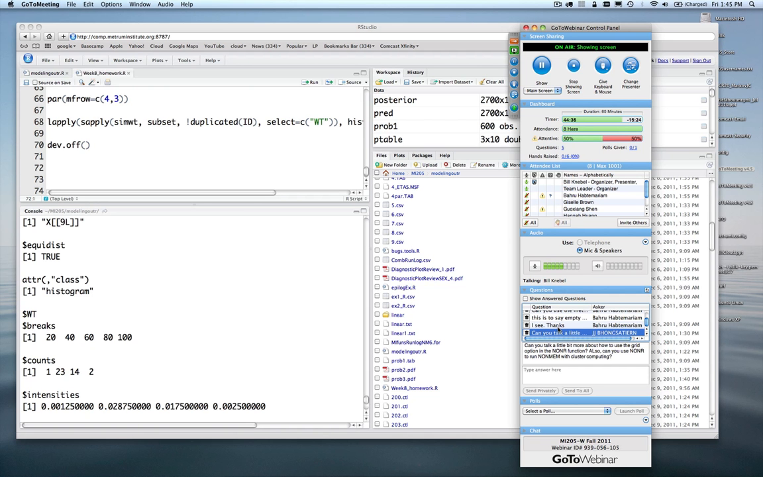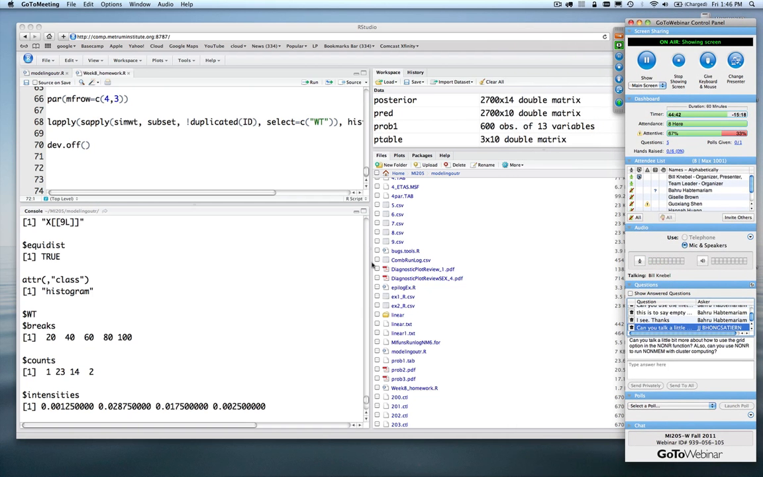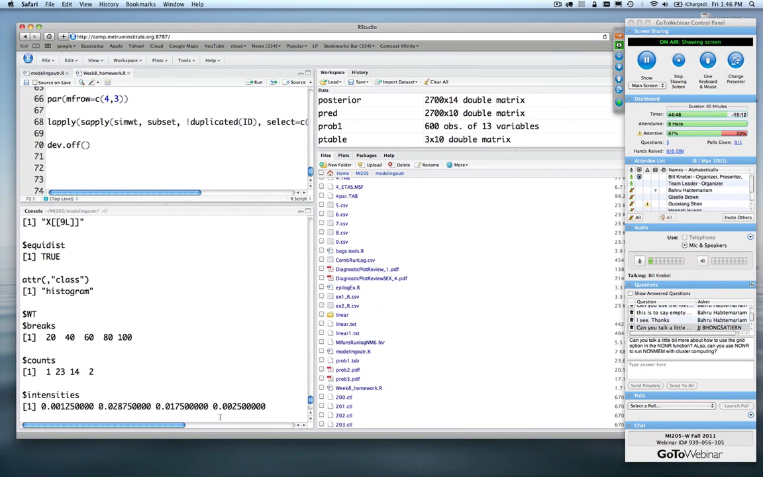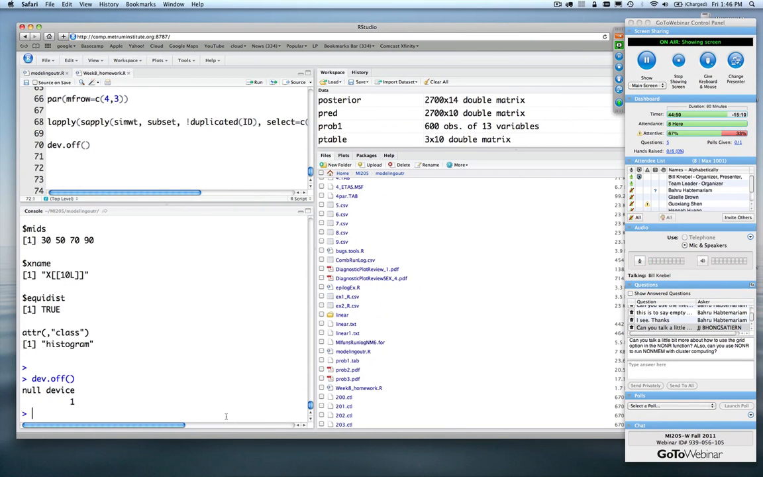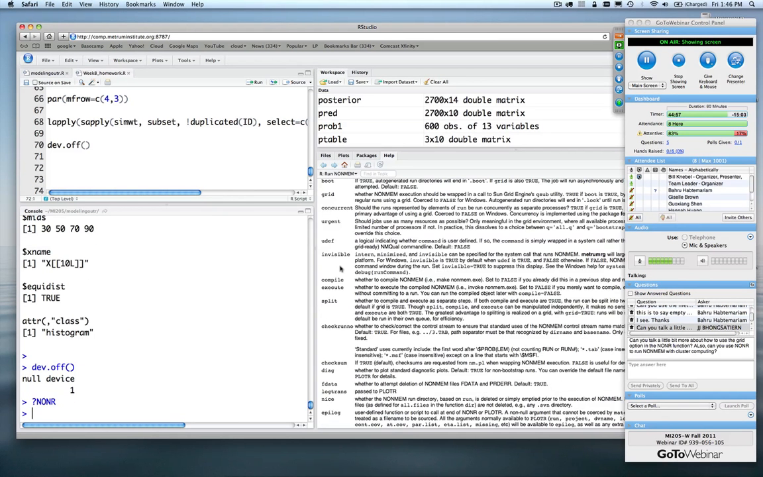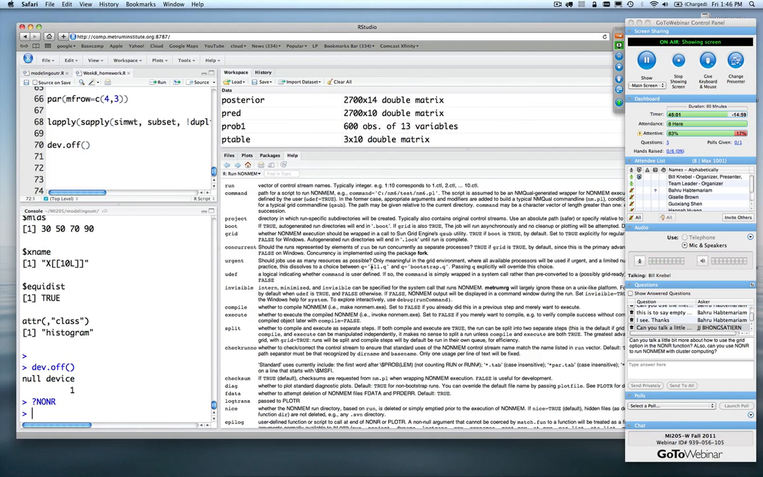Yeah, actually, that's a good point. Somebody wants to know about the grid option in nonmem.R, so let me pull up the help here, and maybe that'll pull up the help for it. So we have on the screen here the help, and grid is simply a true or false,